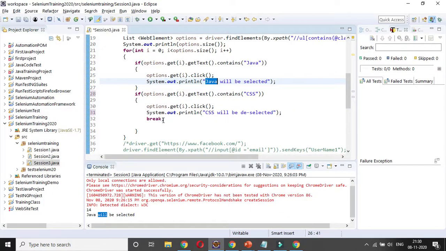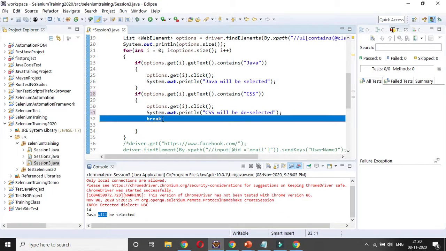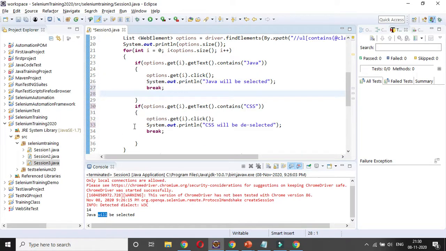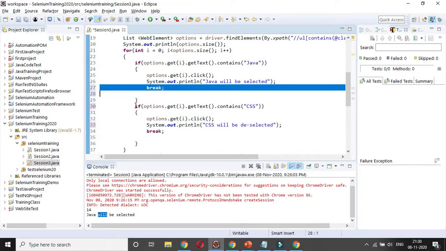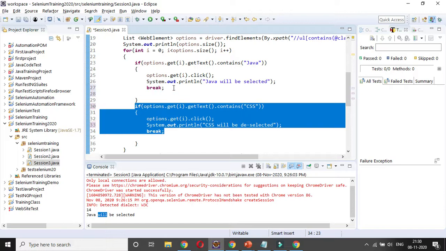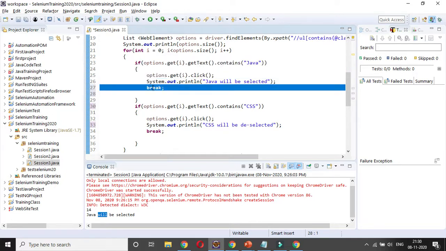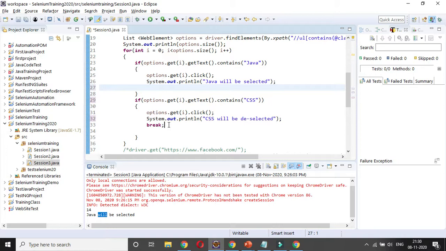And suppose if you use the break statement before, okay, so what will happen? Can anyone tell me? I already mentioned, right, what will happen? So initially I did not make the break statement here, right? But if we mention the break statement here, it will not go for the other if condition, because immediately the for loop will break here. So how many conditions you are giving, that does not make any sense. So that is the reason under a for loop, if you want to make multiple if conditions, no need to use the break. Instead of that, you can use the break statement in the last if condition. So if you use the break here, that loop will not be considered.